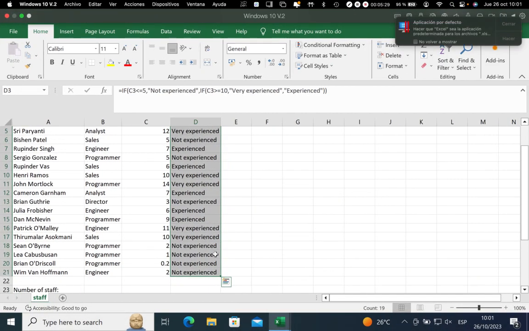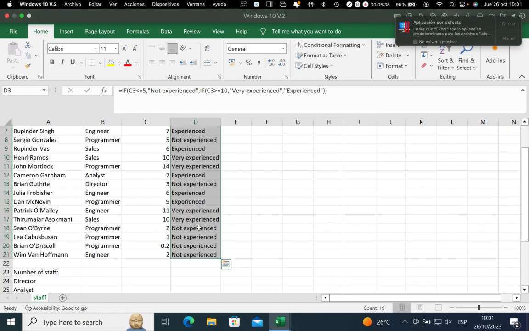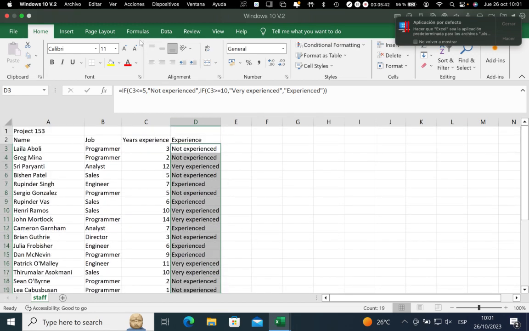Okay, so I select the range, which is from D3 to D21. And now I'm going to go to,